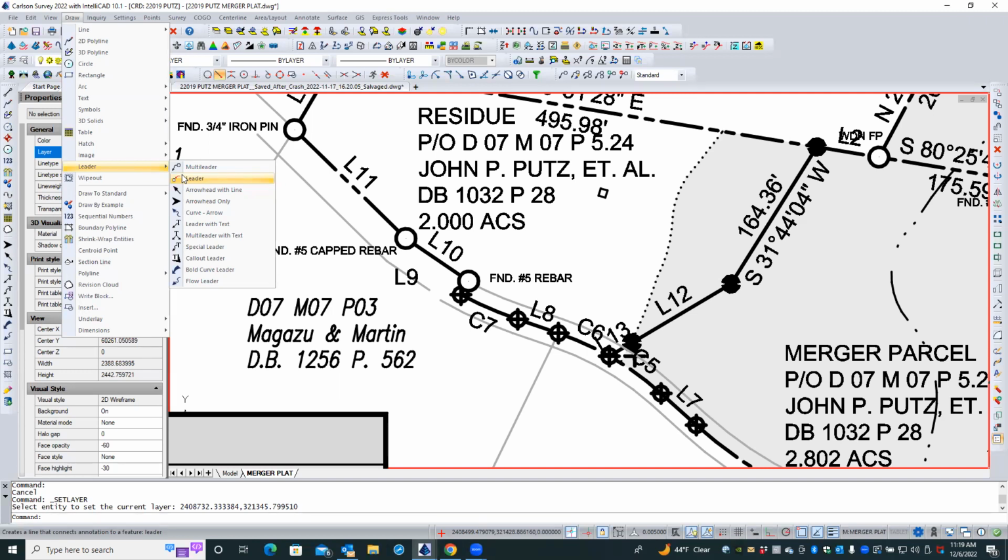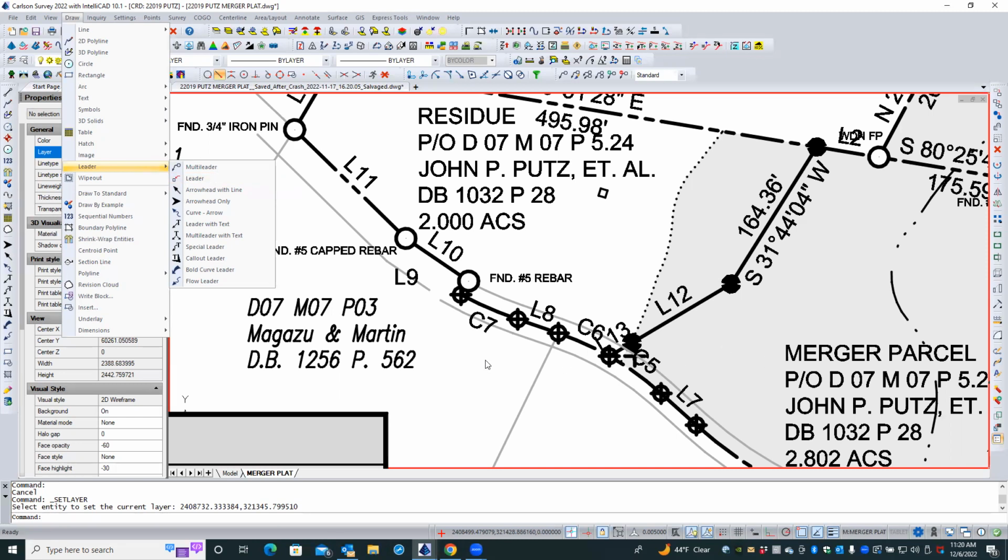Leaders are typically useful for labeling things with a piece of text. Now, the piece of text you already have called L9, it's actually a piece of annotation, so you didn't really need to have it as a leader, but